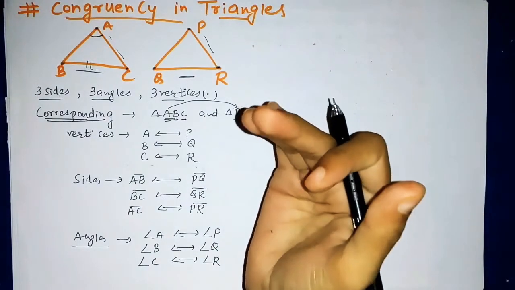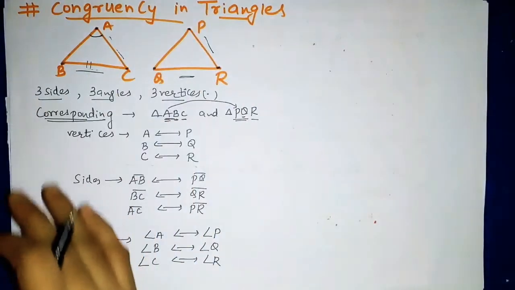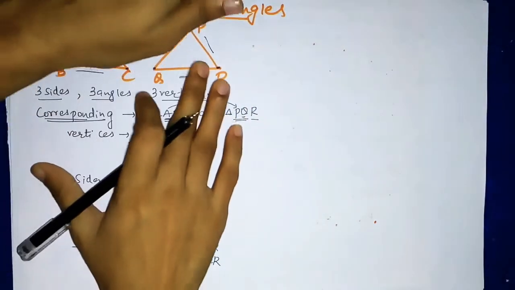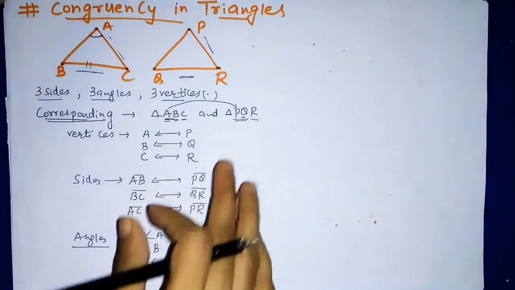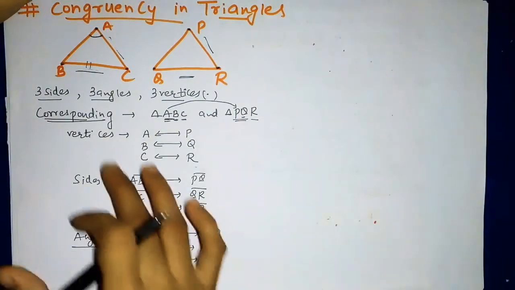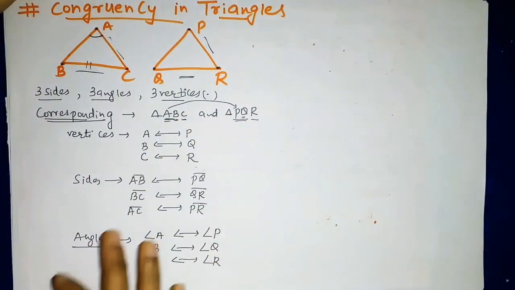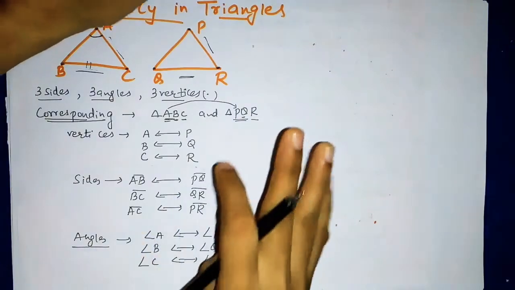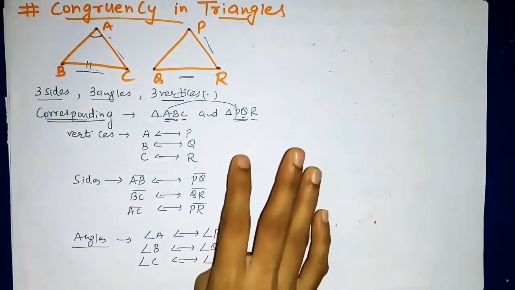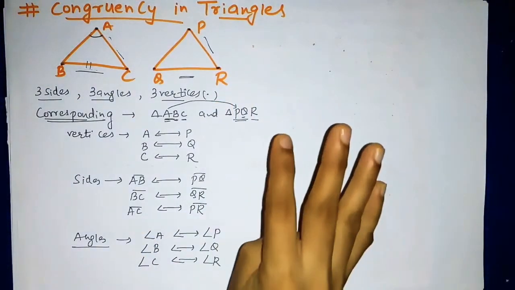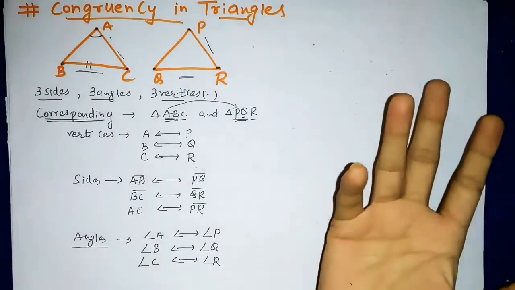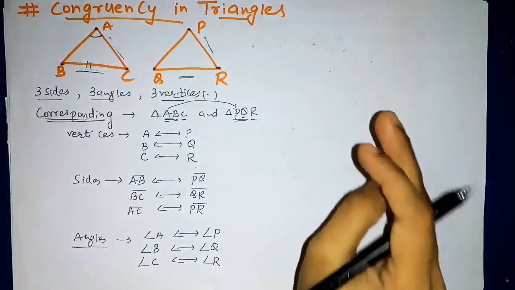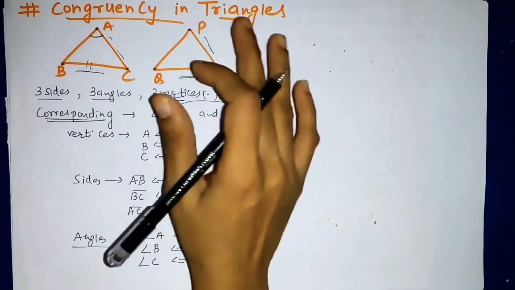So this was about parts of triangle, congruency of triangle. Now in congruency of triangle, always it is not necessary that we have to see everything: all vertices, all sides and all angles. So there are 4 criteria. For congruency of triangle there are 4 criteria given, so we have to check with the help of that 4 criteria. So now we will discuss the 4 criteria for congruency of triangles.